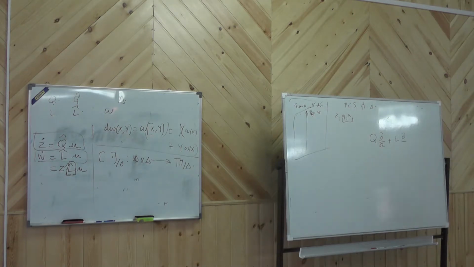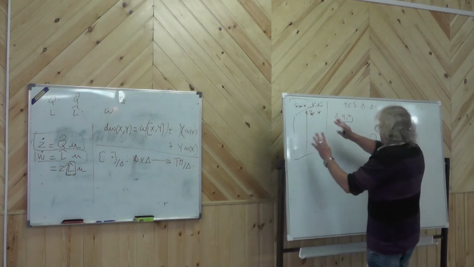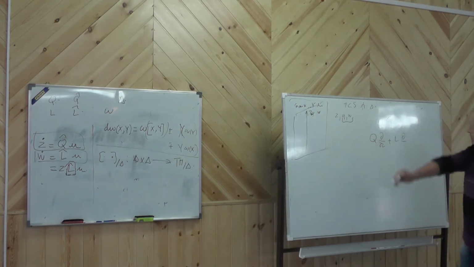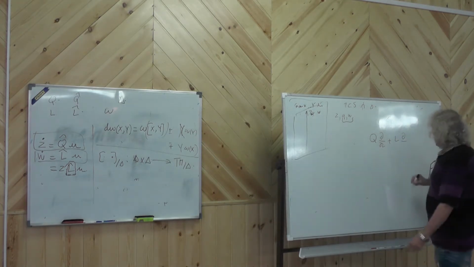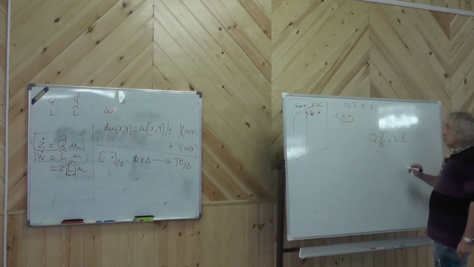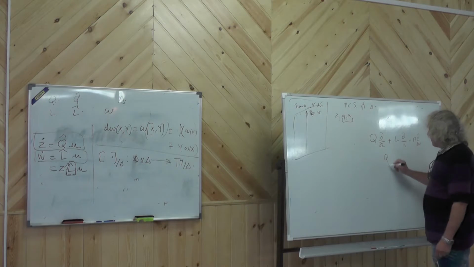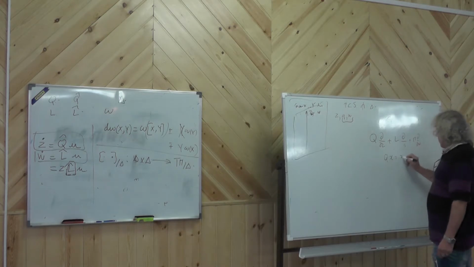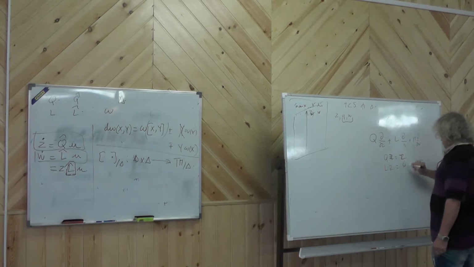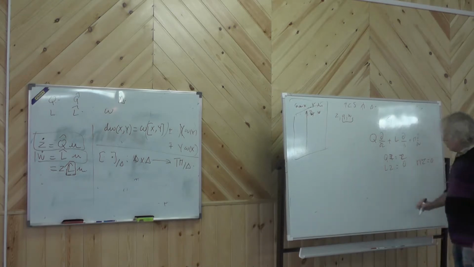So you choose such a parameterized surface like that, and you repeat this construction completely. Then you get, in abbreviated notation, Q d/dz plus L d/dy plus M d/dw. And you still have that Qx is equal to x, Lz is equal to 0, Mz is also equal to 0,